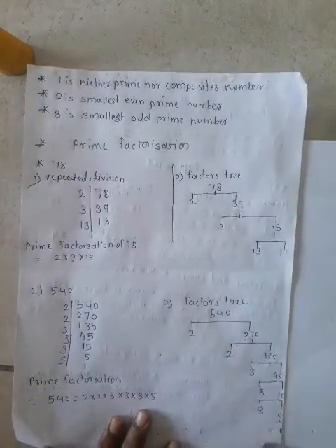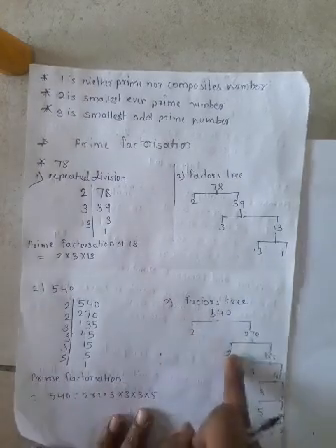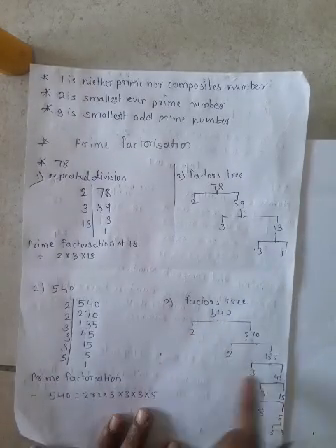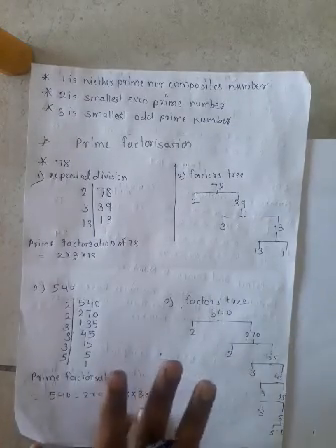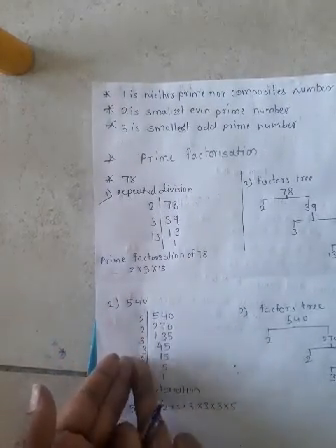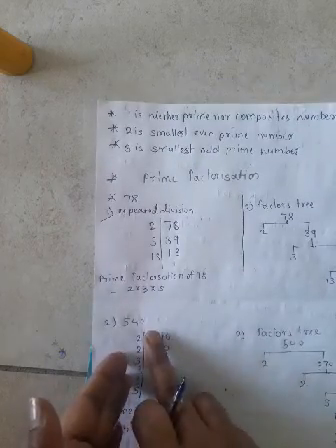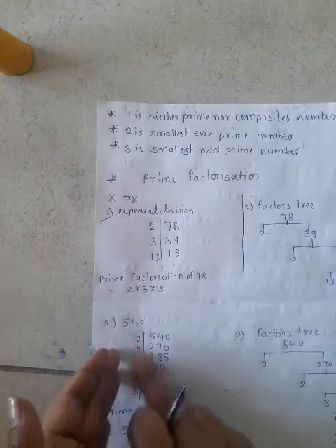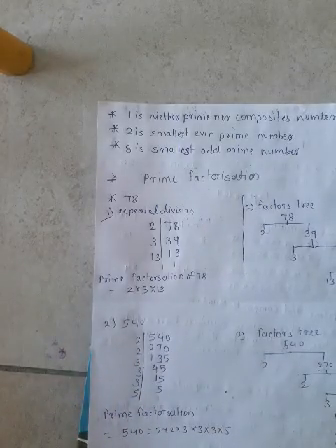We write with a long line, and here also write 2, here 2, 3. First write the number only in the prime factorization. Okay, before the line you write the factors. This is a factor and this is your division, repeated division, so you write only those factors. Okay, all of you understand?